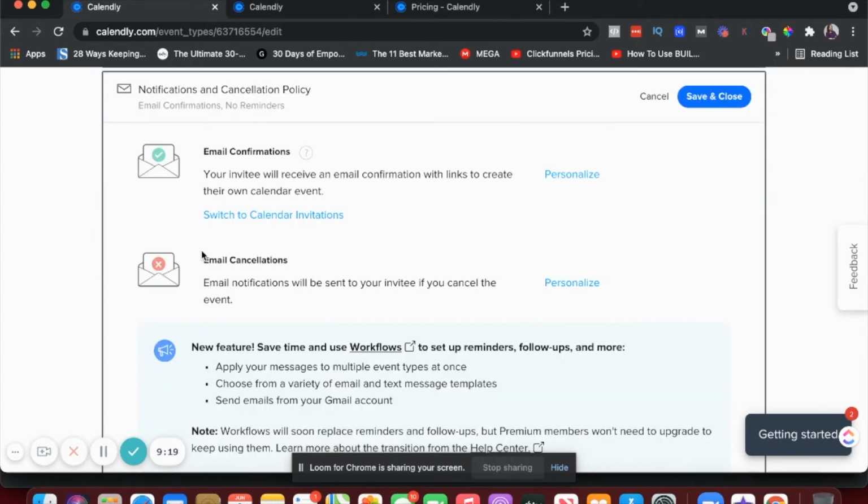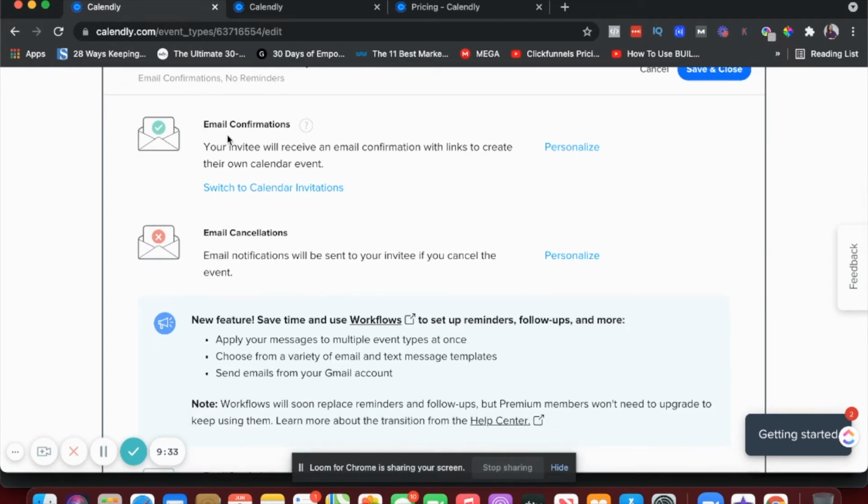Then notifications. So again, whether or not you have the paid plan, you will definitely be able to send out confirmation emails and also a cancellation email.